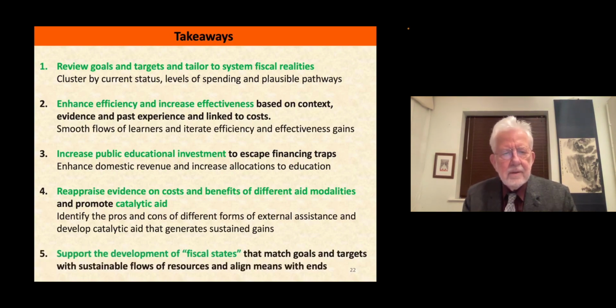And lastly, we need to support the development of fiscal states. This must be the aim of development assistance, and to some extent it is likely to be a valued aim of any kind of national policy that seeks endogenous development. A fiscal state is a state which generates enough resources to provide public services at a level which is politically comfortable. The difficulty in low and lower middle income countries is that some countries have actually succeeded